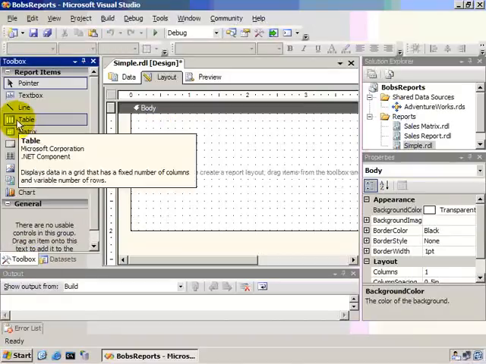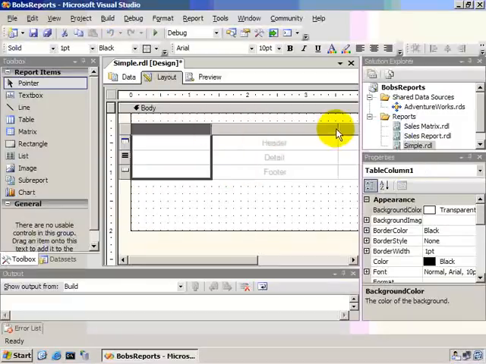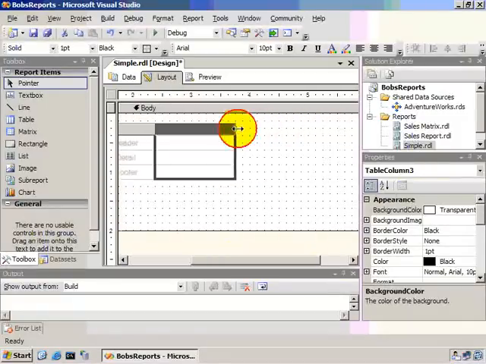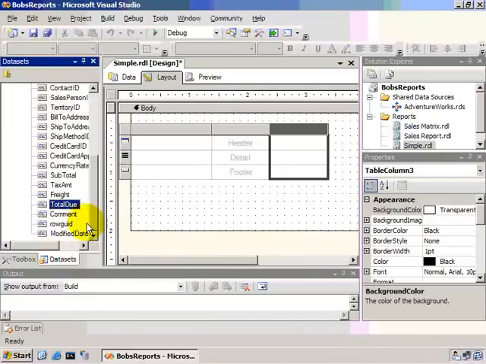What we need to do instead is drag and drop a table into the body. And you can see here that we have a header row, a detail row, and a footer row, and we're going to expand this in an example in just a few moments on how to add groups. But this will work for now, and we can resize these columns and then also just start dropping data into these columns. So for example, let's go back to our data sets,